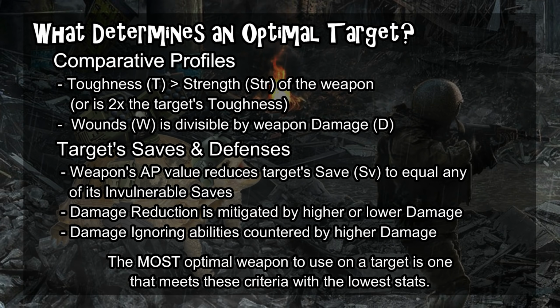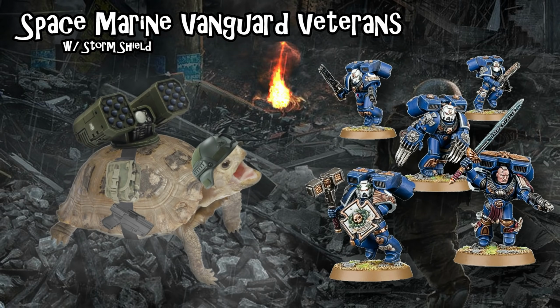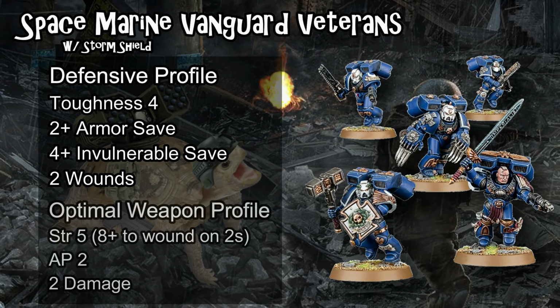So for example, let's look at some defensive profiles. I think a Space Marine Vanguard veteran is a pretty good indicator of a popular model with a profile that can be teched against relatively easily. A Vanguard veteran is a toughness 4 model with 2 wounds, and typically they'll have a storm shield equipped, so they go to a 2+ armor save with a 4+ invulnerable save. That means that the most effective weapon to attack them with is a strength 5 or strength 8 weapon with an AP value of 2, although potentially AP 3 or ignoring cover is also good because they are infantry, and a damage characteristic of 2 to match their wounds count. You can imagine that would be something like a heavy bolter in the Devastator Doctrine is going to be the